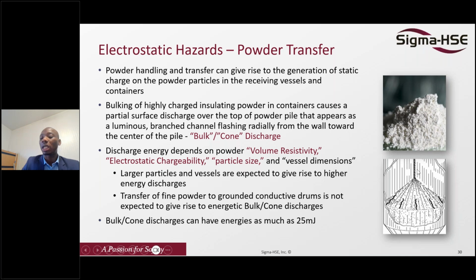So normally we always have an ionizing thread or something ionizing which will stay in the middle of the container, which will actually dissipate these charges into the ground. Which is very, very important, and it all depends on the particle size of the material. Higher particle size, high charge generation. And in case you don't have any flammable atmosphere, maybe dropping it by gravity is actually not going to create a lot of charges.